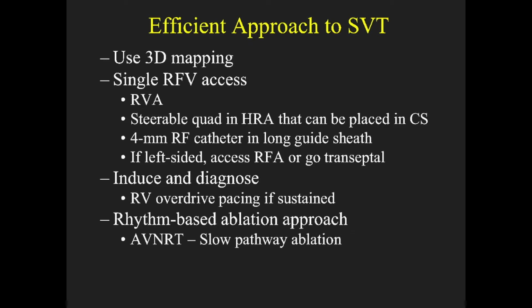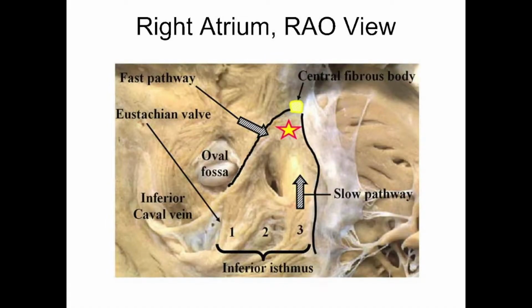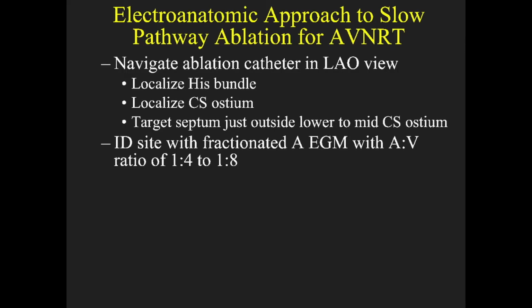sinus. We tend to target down here and kind of move our way up so that if we get junctional ectopy here and get rid of it, we're a little further away from the compact AV node. But often you have to work your way up closer and closer to the compact AV node. I tend to start this in the LAO view, localize the His bundle, deflect the catheter. Now that we use a mapping system, I'll create the geometry that shows you where the His cloud, so to